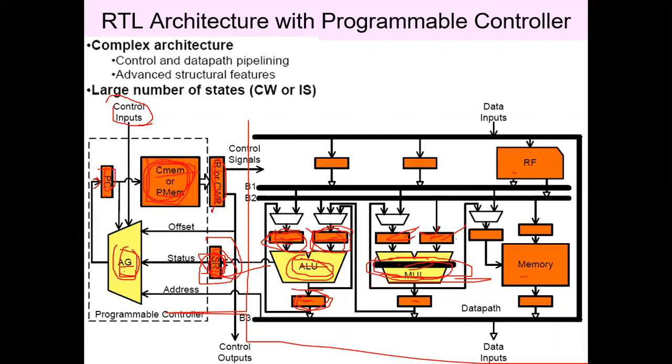Since it is a 2-stage pipeline multiplier, we can consider that it will take 2 clock cycles to generate the output. So 1 clock cycle for giving the input, and 2 clock cycles will be required by the multiplier to generate the output. That means 3 clock cycles: 1 for giving the inputs and 2 for generating the output. And if there is a write back to the memory or register file, it will take 1 more clock cycle. That means if you are considering this section, it will take a minimum of 4 clock cycles.